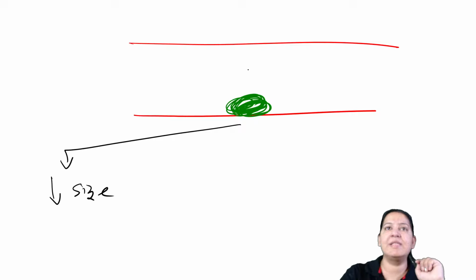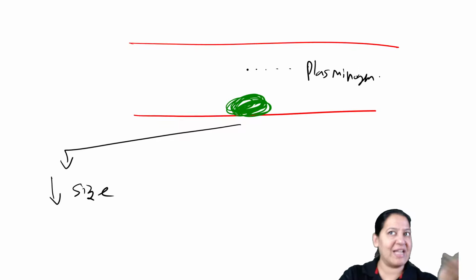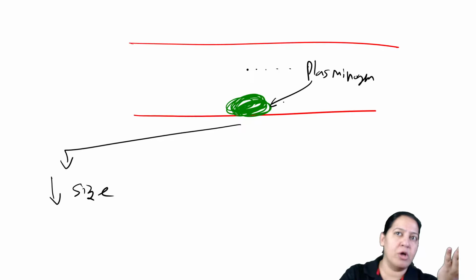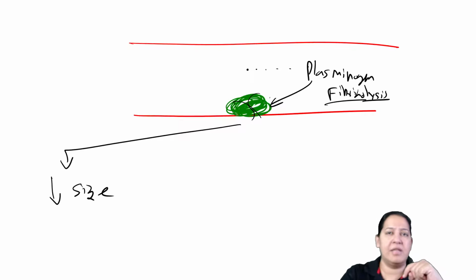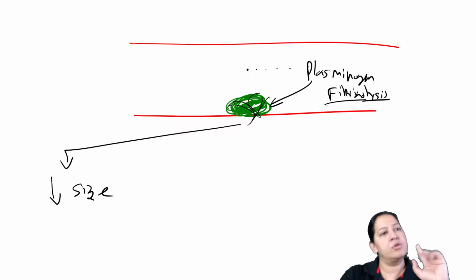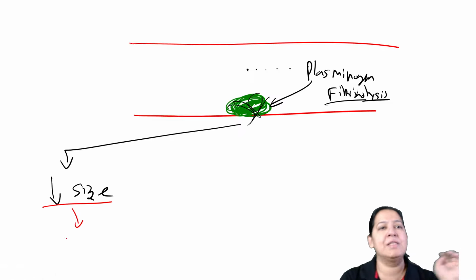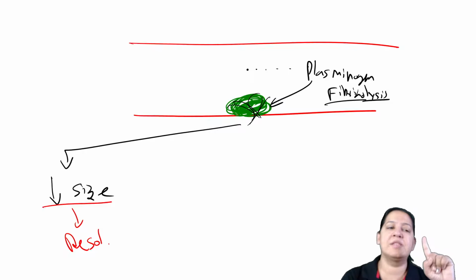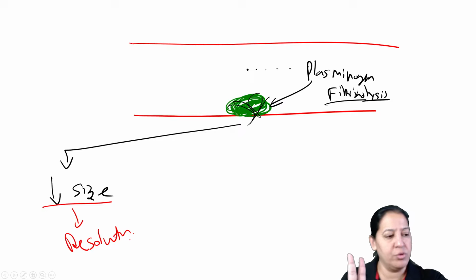Why will it decrease in size? Because in the blood we have plasminogen. I have already taught you what plasminogen is. Plasminogen will get activated, convert into plasmin, and plasmin causes the dissolution of the clot, because plasmin has fibrinolytic activity. It will cause dissolution of the fibrin, that is the threads, and the clot can dissolve. So it can decrease in size, and this decrease in size is known as resolution. So the first fate is resolution. Rarely it can resolve, but yes, it can do so.